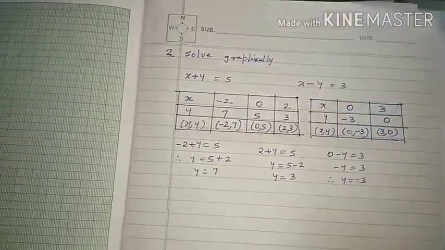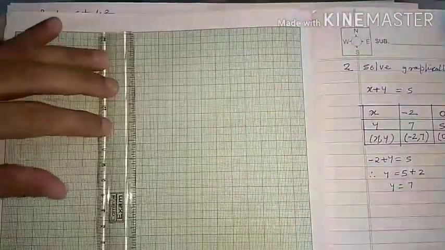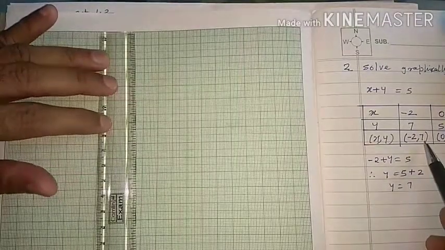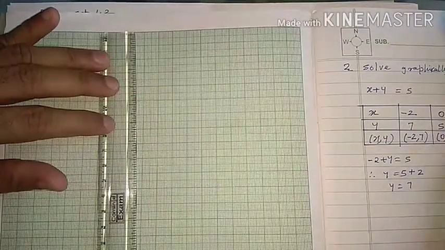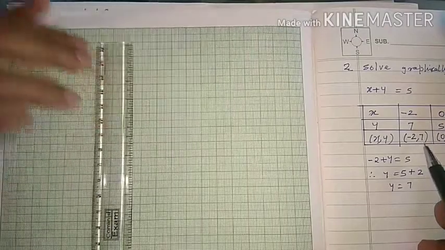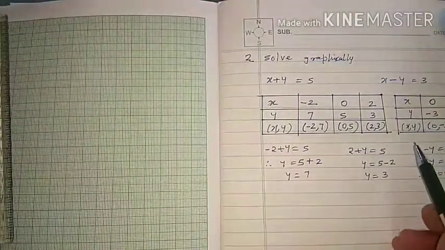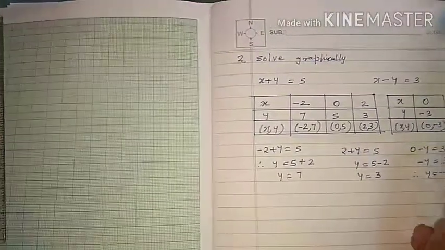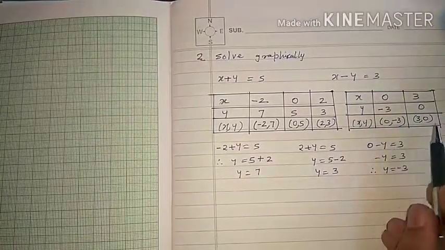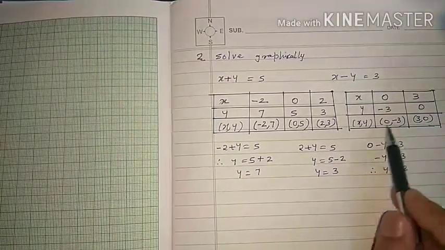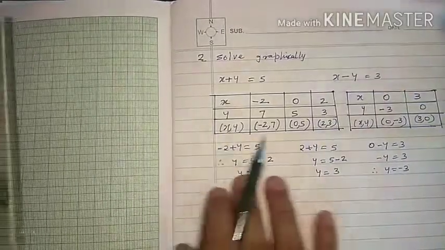We have points, so we go for drawing the straight lines now. We take the coordinate system. Maximum y is plus 7, all positive values. X minimum is minus 2, so here minimum minus 2 should be there. And Y minimum is minus 3, otherwise it is 0. Easy. We have to take care of this part first.